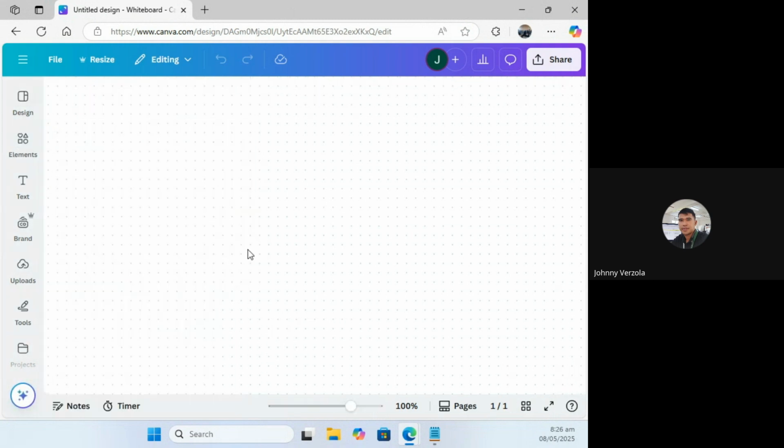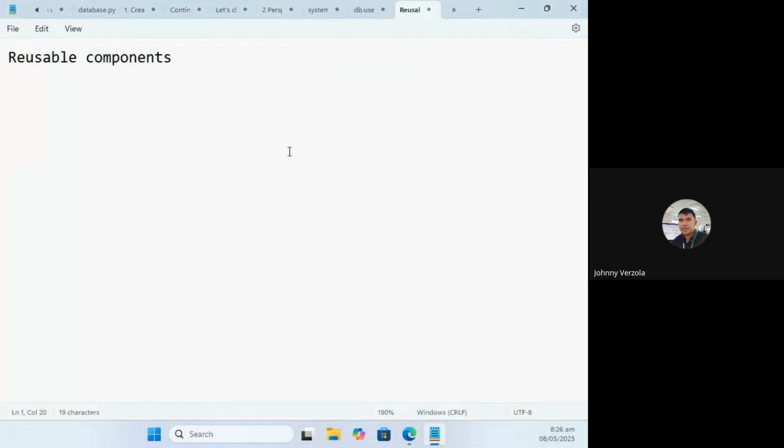Okay, so we were tackling reusable components. There are parts of our application interface that are redundant.